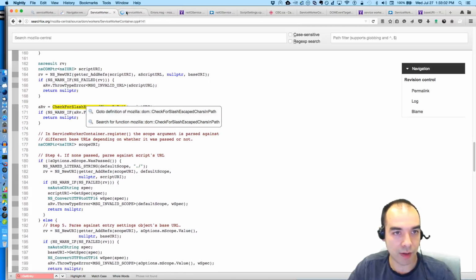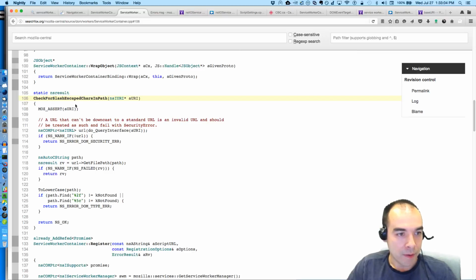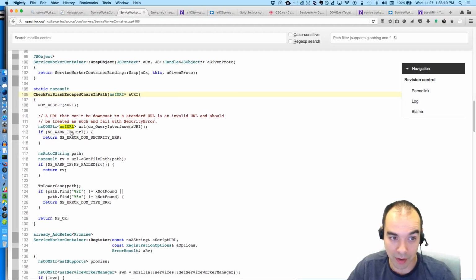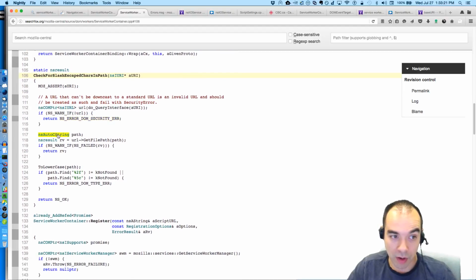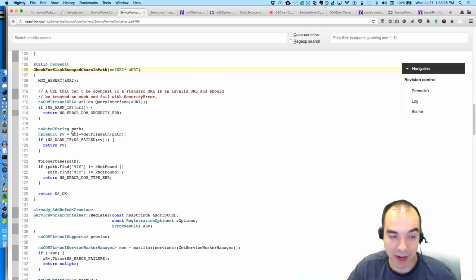What does this do? Check for a slash. So it takes, sorry, it doesn't take a string, it takes an NSI URI and then it's going to query interface it to an NSI URL. So there's a distinction between URI and URL here. And then we are getting a C string. We're getting the file path though, so it's everything after the domain.